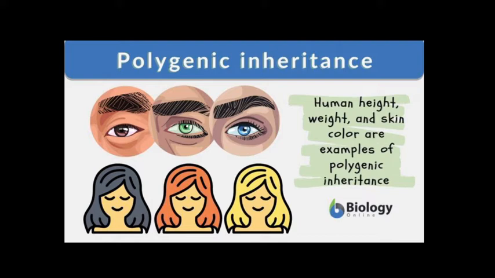So there are also a large number of traits which show a wide range of variation, and in such cases there is continuous variability. Traits like height, weight, size of grain, number of seeds in a fruit, skin color, intelligence of man belong to this category of hereditary traits because these characters can be expressed in terms of units, meaning weight, height, number, etc. They are described as quantitative characters.